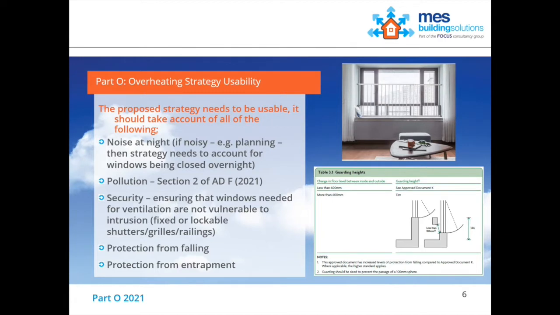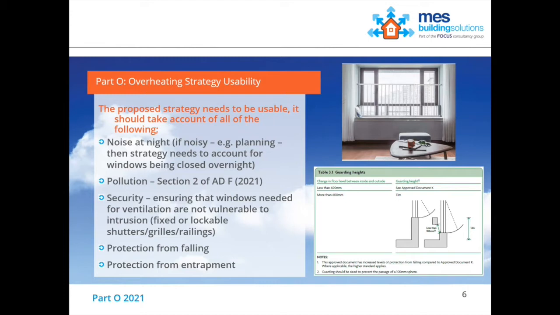I can't imagine there'd be too many people who would be comfortable with leaving their French windows open overnight as a means of mitigating overheating. So again, if we are going to end up being reliant on opening ground floor windows or windows in non-occupied rooms within a building, we may need to provide some kind of security device to stop ingress